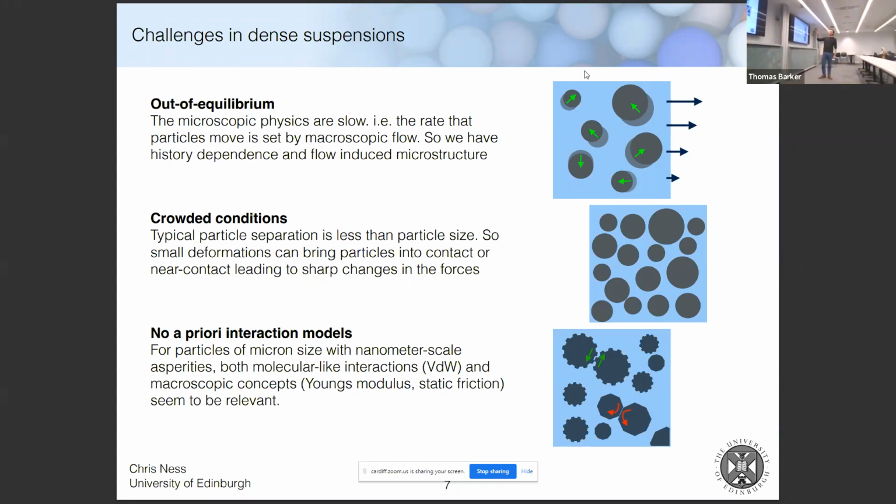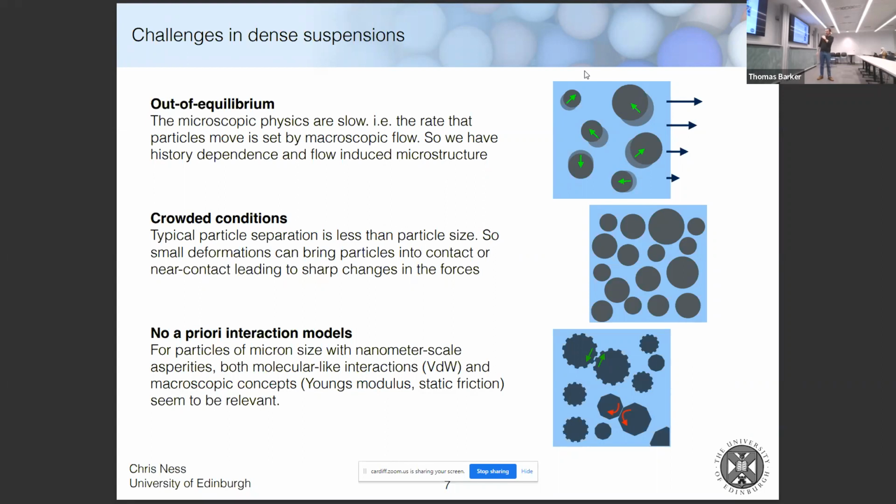Another complexity is that, like I said, when you have a mixture of roughly equal volumes of solid and liquid, we describe this as crowded conditions. So what that means is that the gaps between the particles are generally smaller than the size of the particles themselves. And that means the particles can come in and out of contact under small deformations. So if we apply a small amount of strain to a system, you can suddenly cause particles to come into contact or interlock with each other. And that means that the stress can vary wildly under small deformations,